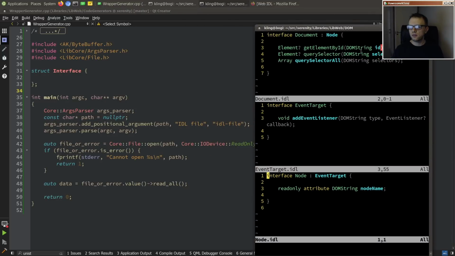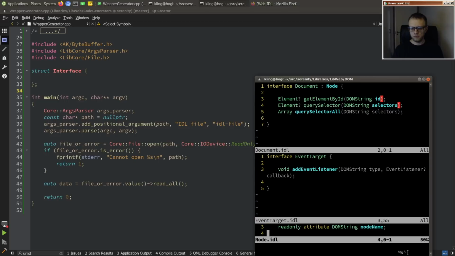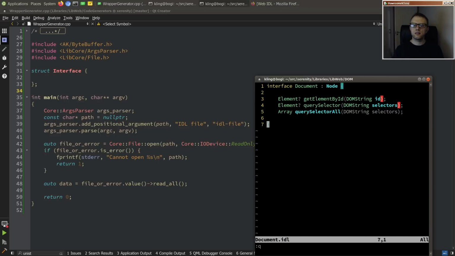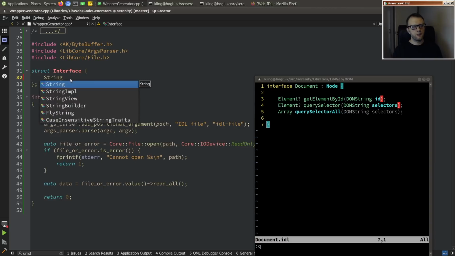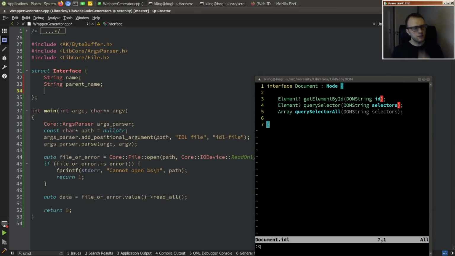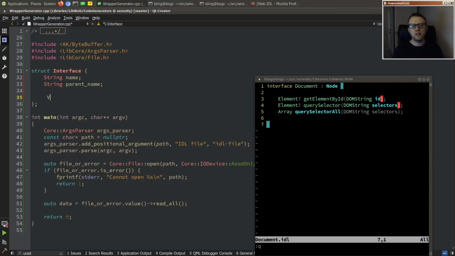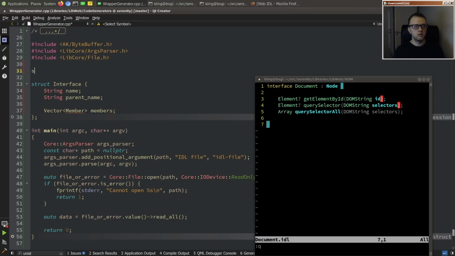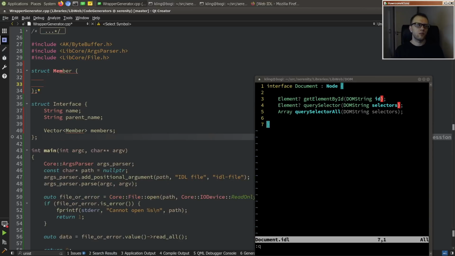Let's see, always on top. We can do that. All right, so struct interface, it has a name, and it has a parent name, I guess. It's the parent interface, or the base class, if you will. And then it has a vector of members, I guess. So what is a member? A member is